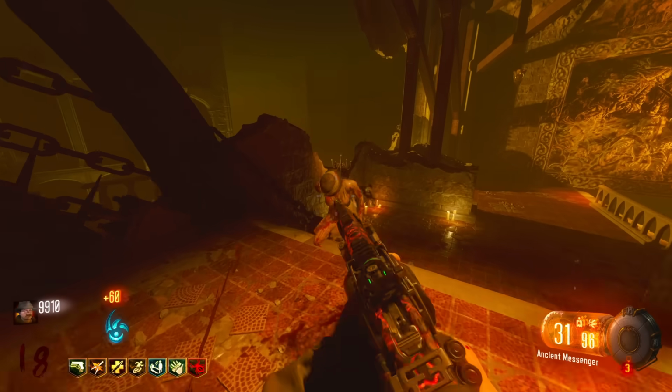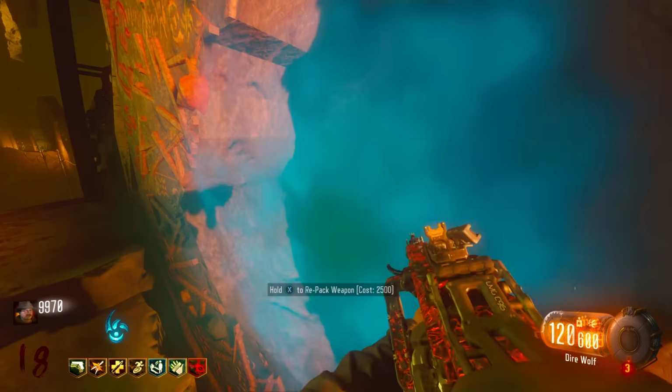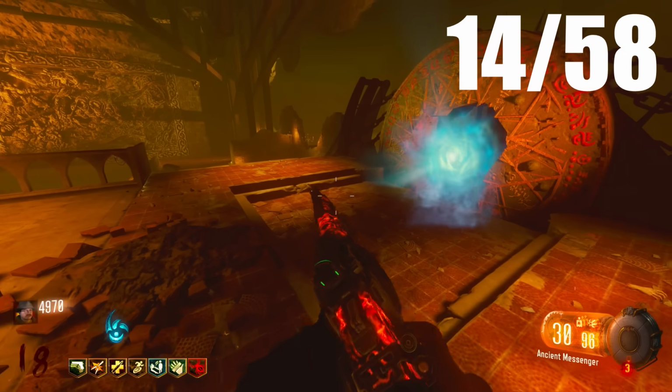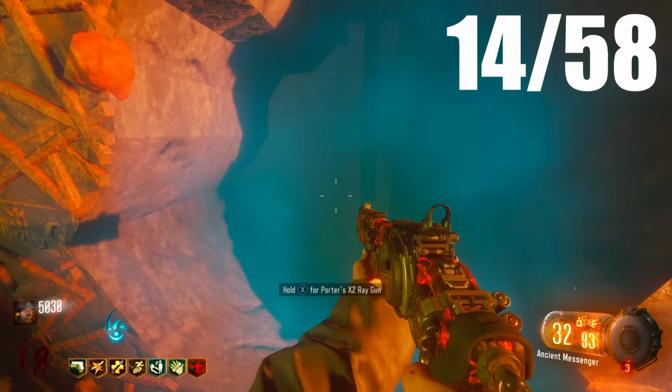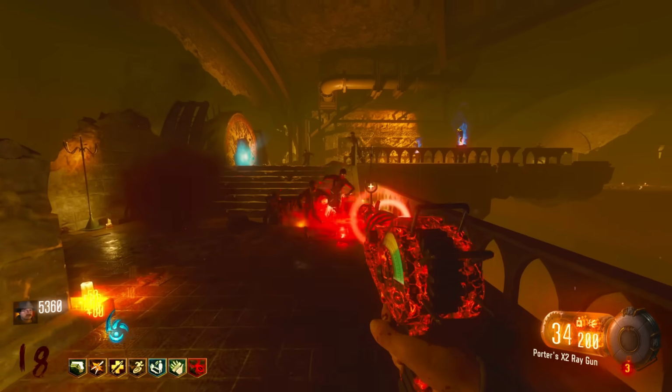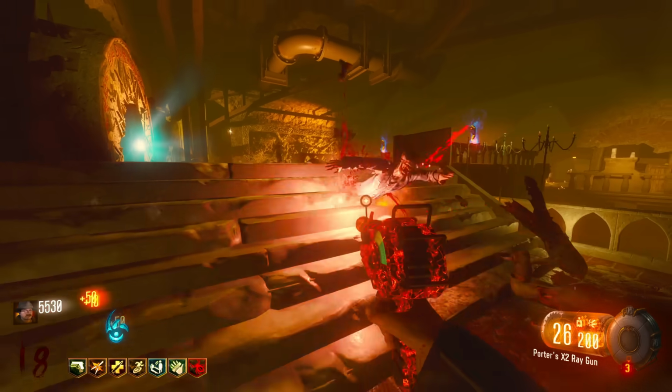This gun is actually good in this game, unlike BO4. Dire Wolf, okay, wait. Actually, yeah, okay. Ray Gun, Porter's X2 Ray Gun. We're all familiar with that one by now, yes? Okay. This is kind of just a sad shell of itself in this game, especially with AATs, but...